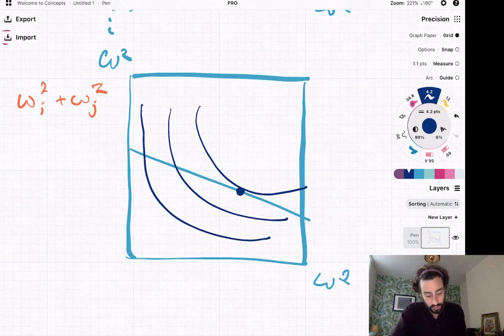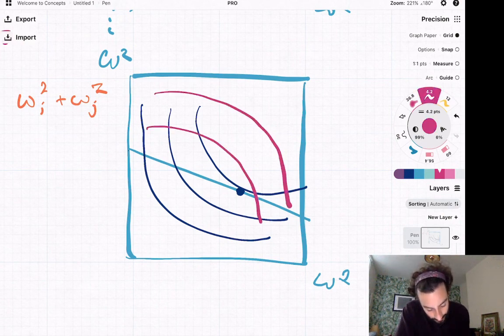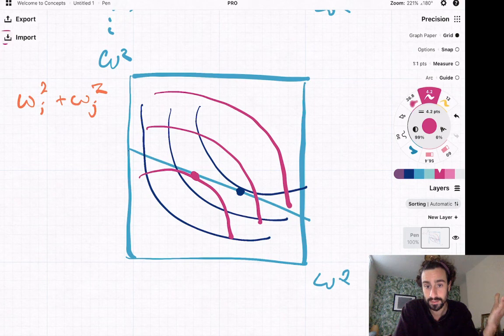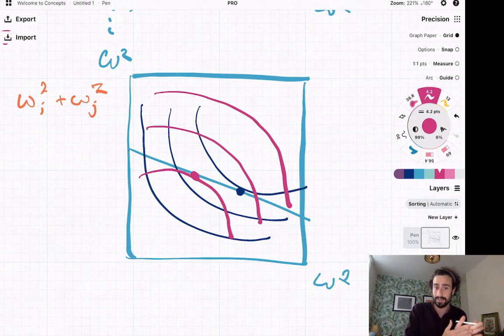Now, consumer 2 has the same thing, has a set of indifference curves that look like this, right? And consumer 2 is going to have some optimal demand, and the optimal demand will also lie on that budget line. Both the optimal demand for consumer 1 and for consumer 2, given this nice, well-behaved preference model, is going to lie on the frontier of that budget. The frontier for one is the frontier for the other, right? Because whatever's not affordable for one is affordable for the other.